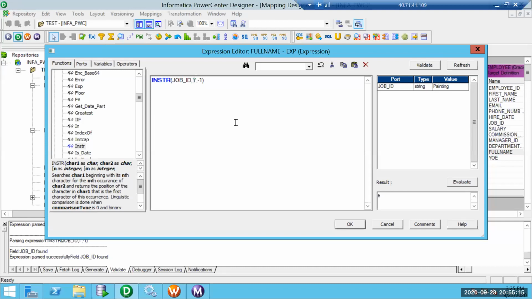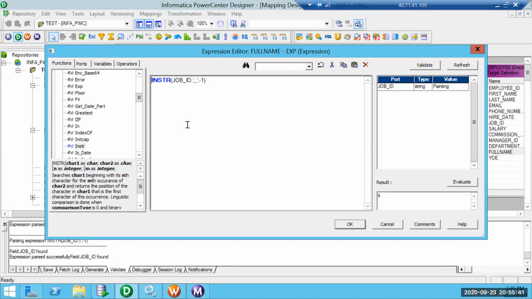In case of substring, we might not be familiar with the index where we want to actually split some data. The most common example is, let's suppose I take the job ID, and the job ID has something called underscore. I want to split it.